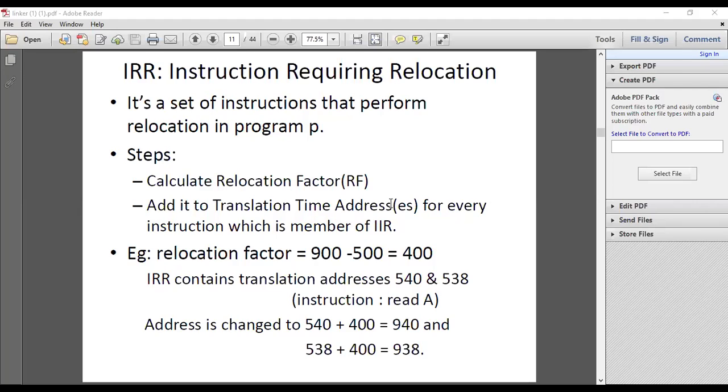In that case, it is not required to relocate them. So the steps to perform this are to calculate the relocation factor and add it to the translation time addresses.